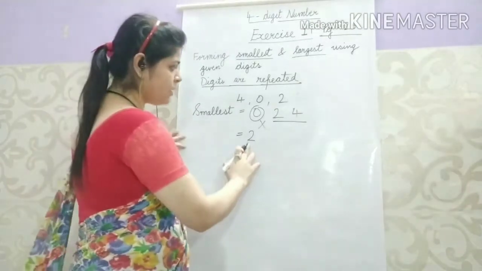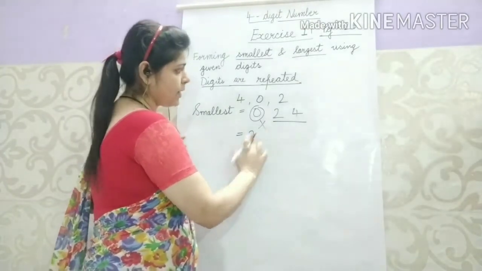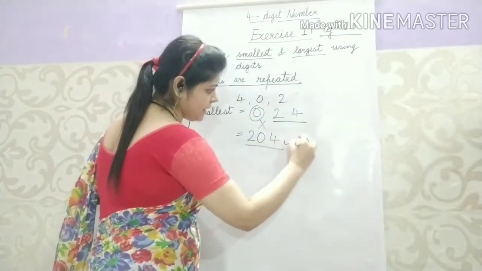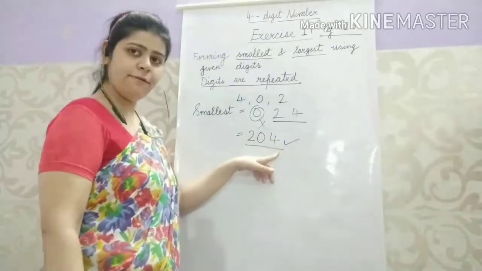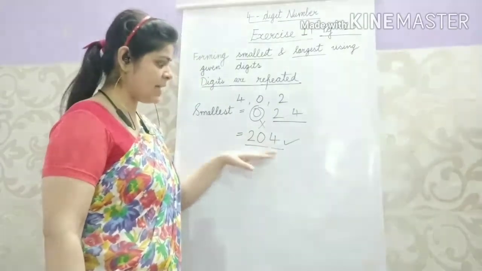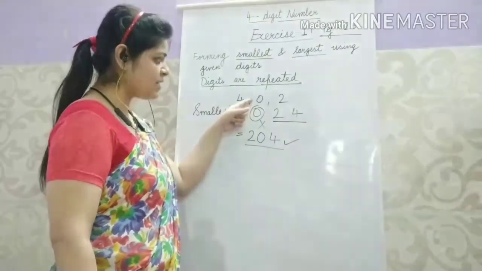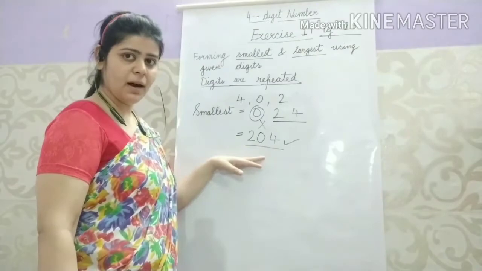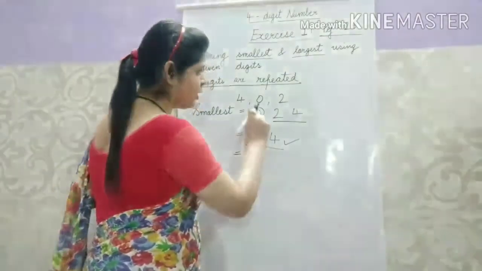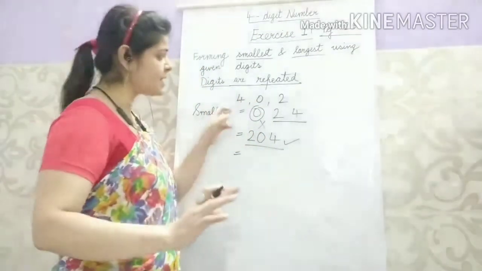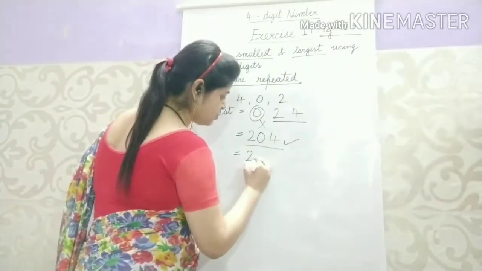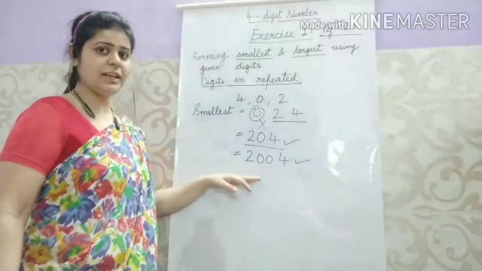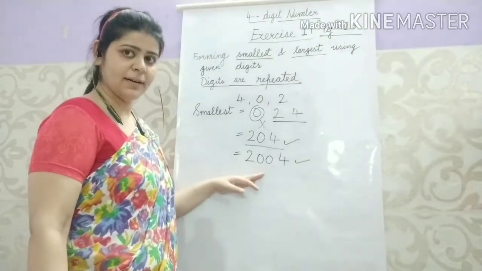With these 3 numbers only we are forming. So just see how we will do. We will write this 2. Okay. Then we will write 0. Then we will write this 4. Now this will be the correct one: 204. Okay. We have formed this number. And if you have to make a 4-digit number, how will you make it? I told you which number is the smallest in all these. You will make it like this, 2004. So this will be the smallest 4-digit number.